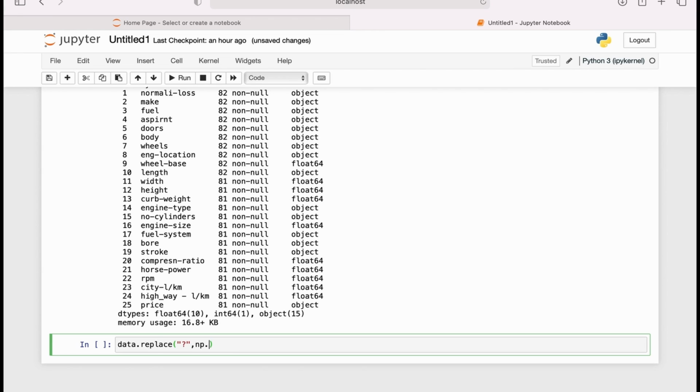So we're going to write np.nan, comma, inplace equal to True. So we are replacing this with this one. In place equal to True means why we are writing this function in place is equal to true